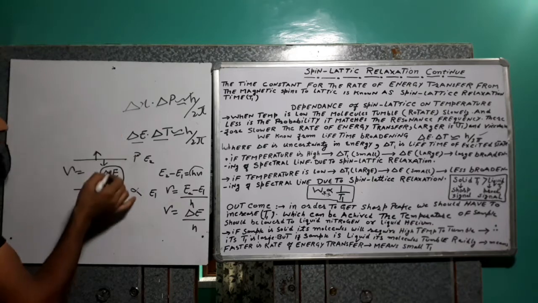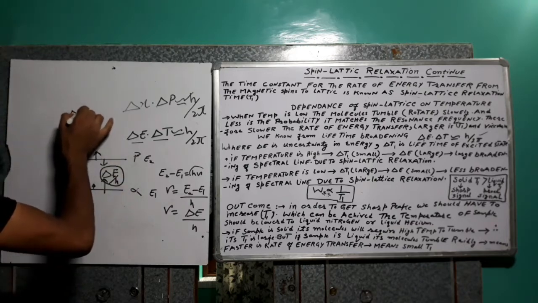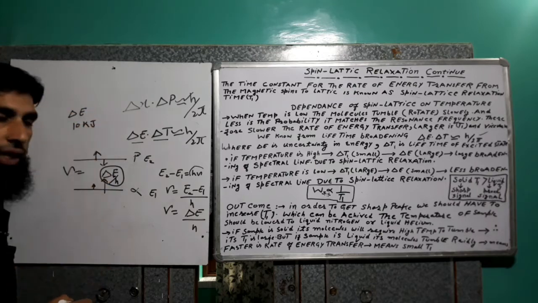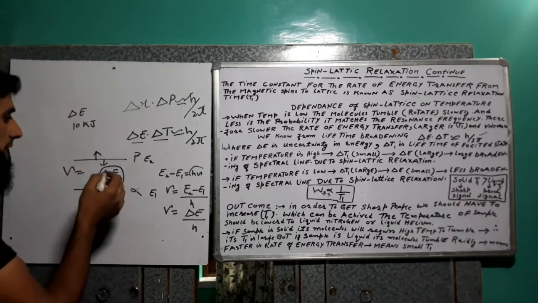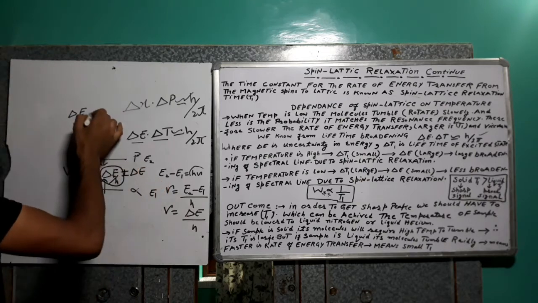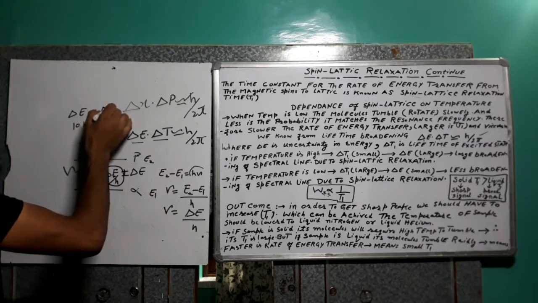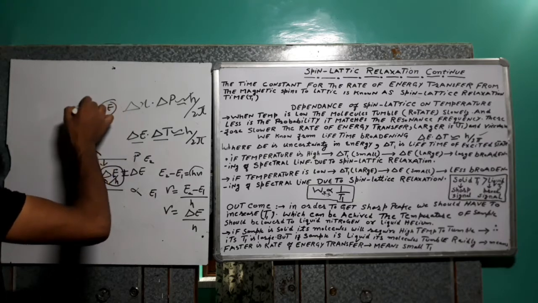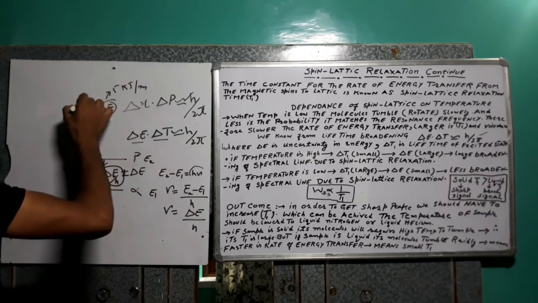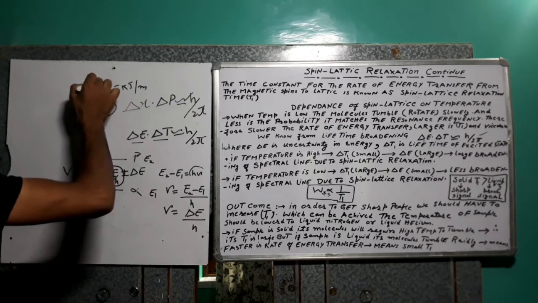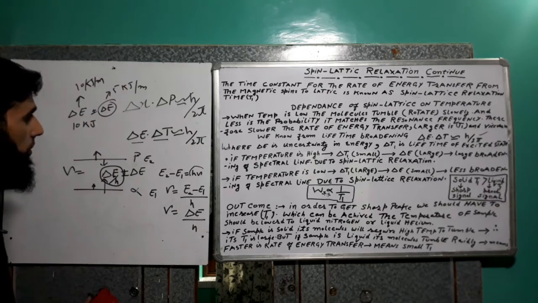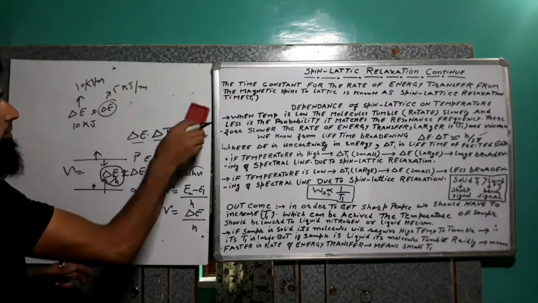Uncertainty means if this delta E has a value, for example 10 kilojoules, as per the Heisenberg uncertainty there is some uncertainty of plus minus delta E. That means suppose this uncertainty has a value of 5 kilojoules per mole, and this delta E is 10 kilojoules per mole. Okay. So as per the Heisenberg,